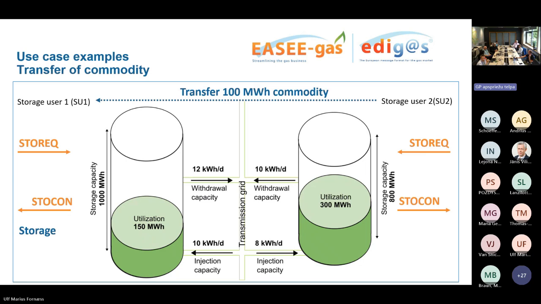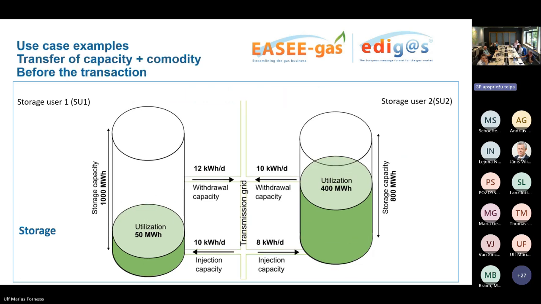But now, after this simpler example, we would like to provide a possible example of a little bit more complex message. That would be our second example today, where we will have a transfer of capacity plus commodity at the same time. So this is a more complex transaction, and there can be a lot more validations involved in this process, but still the principle will stay the same.